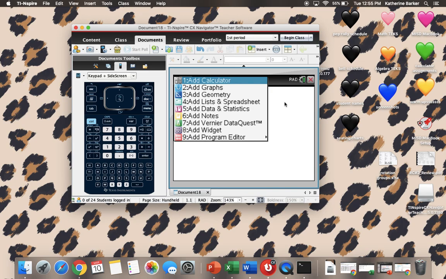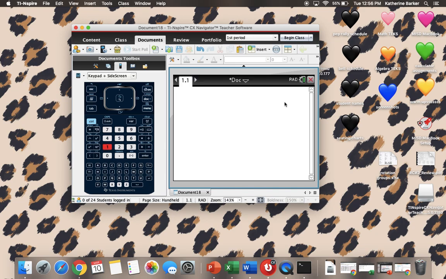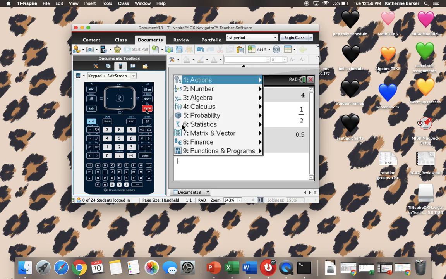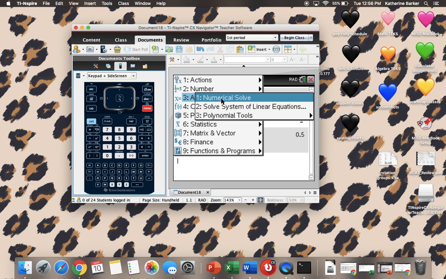And if I want to do something simple like 2 times 2, or if I want to solve an equation, I'm going to go to Add Calculator. So remember, you can solve an equation on Add Calculator by using nsolve. You can also just do simple things like 2 times 2, 1 divided by 2. If you want to change a fraction to a decimal, you can just do Control Enter and it'll change it for you. But when it comes to solving equations, that's when you want to do Menu, Algebra, or 3, and